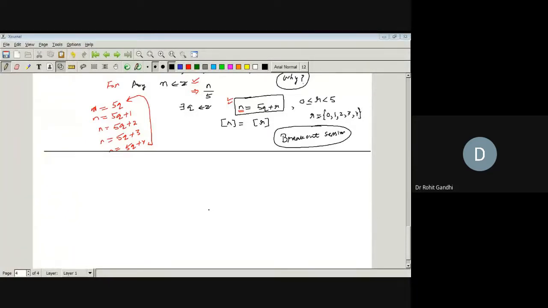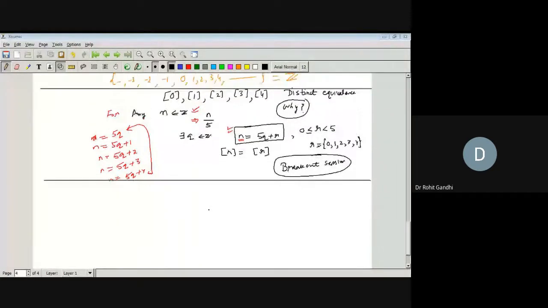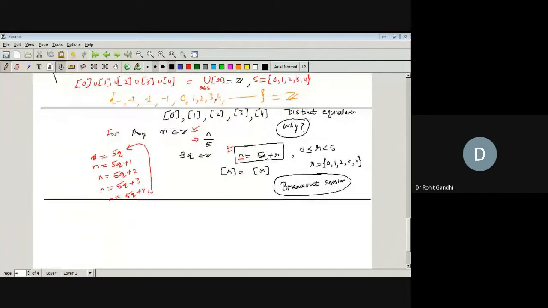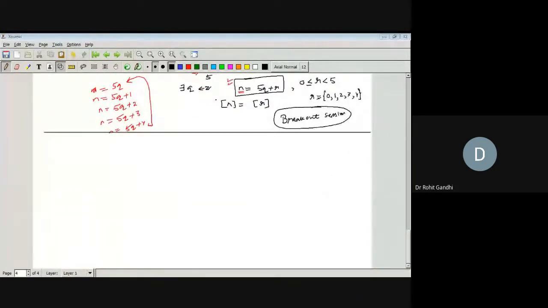So we can prove this just like we prove that A is equal to B, that any two sets are equal. Similarly, we can prove that the union of R, where R belongs to this set S, and S is over 0, 1, 2, 3, 4, is nothing but the set of integers. We can prove this by proving that they are subsets of each other. Students, similarly, we have talked about 5. In the same way, you can talk about N, right?